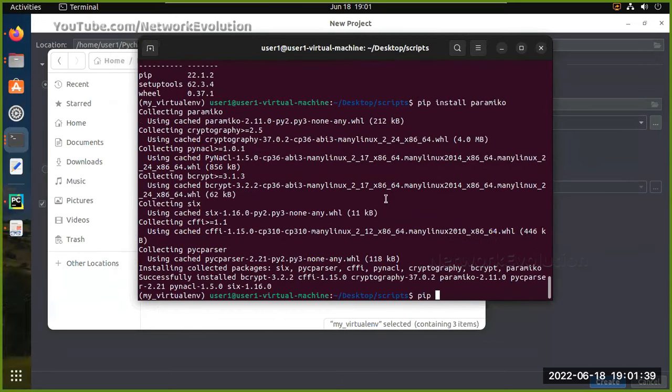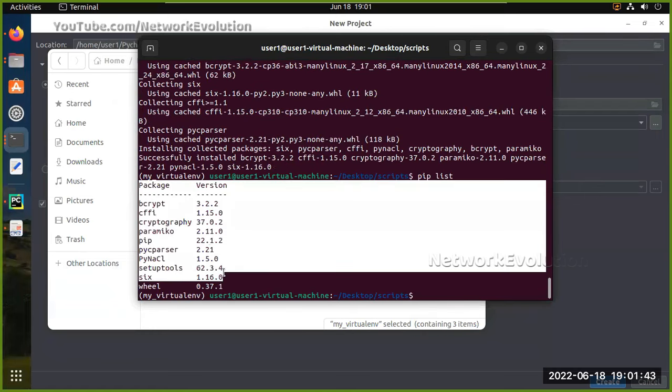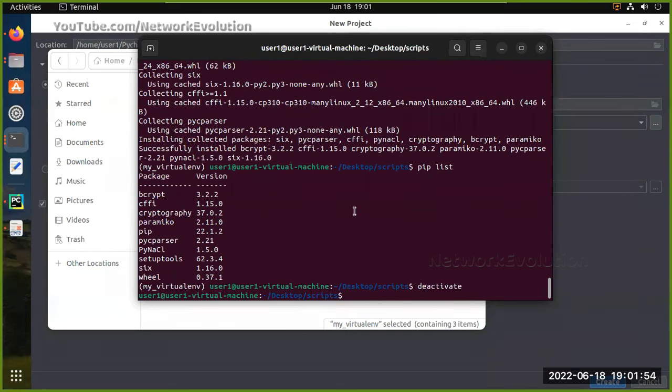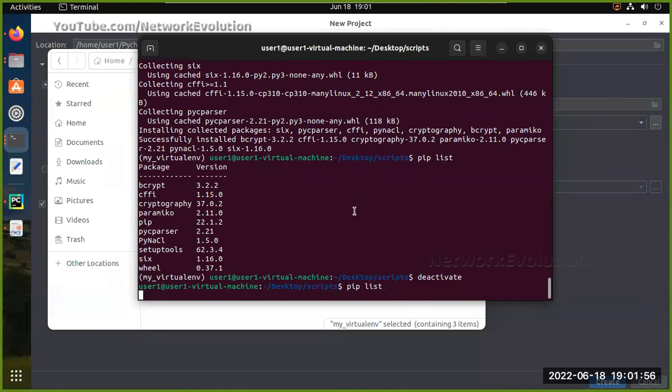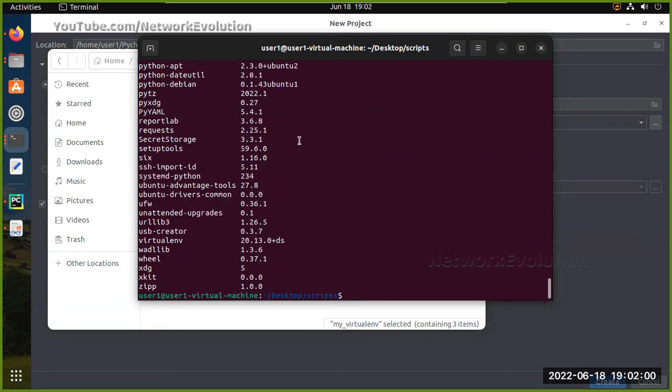After that, if I give pip list here, you can see Paramiko is now in my virtual environment. If I want to come out of this, I can just give deactivate. Now if I give pip list, this again has all the other default packages,